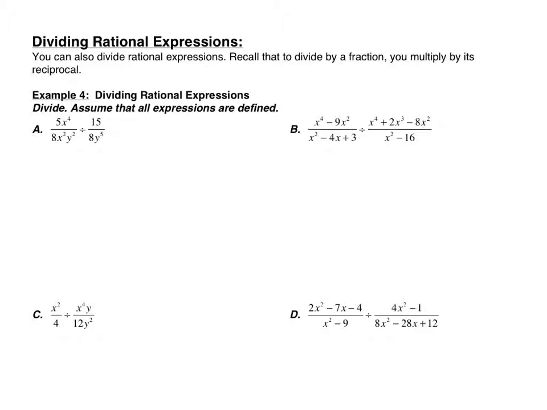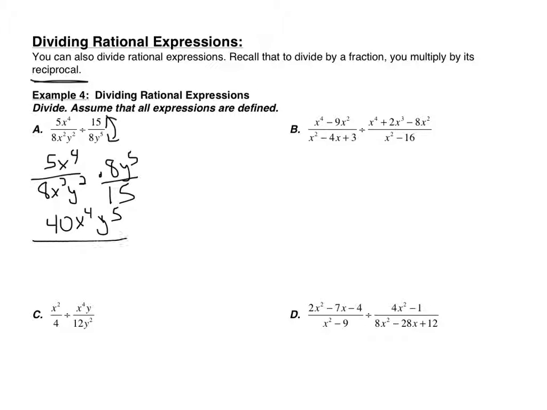The only difference is when we divide, we flip the second fraction, take the reciprocal, right? So if I have 5x to the 4th over 8x squared y squared times, and we take the reciprocal, 8y to the 5th over 15. And then we do the problem just like we did on the last page. So let's multiply the numerator. 5 times 8 is 40, x to the 4th, y to the 5th, over 8 times 15 is 120,